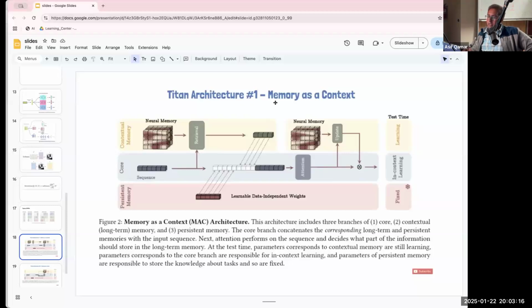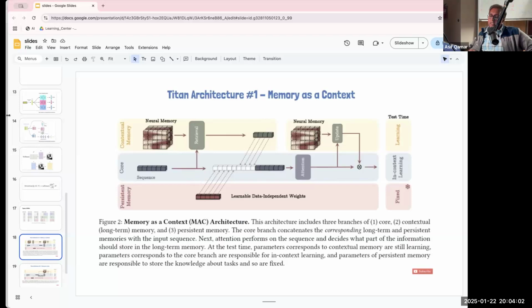So one of the approaches, called memory as a context, if you look here, after the attention layer is created, it is again fed into the neural memory, right? And also it's used for our reasoning or for our prediction. But the key thing to note down is the long-term memory gets updated. So that's why you see that arrow mark here. Once the consolidated attention is created, that is fed into some update process, which updates the neural memory. And also it gets used for the in-context learning. So that's the key architecture we are talking about now.